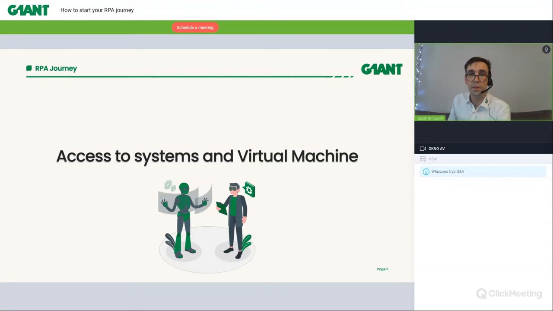So it's actually very safe, because once the robot is installed in your environment, it doesn't matter if it's a virtual machine or your computer, we don't have remote access to it to control it or to check it. It's completely done in your environment, so it's very safe. We have a lot of examples of our robots being used in financial organizations, which are very security aware. But access to the systems and an environment to set up the robot is another thing which we need to create our automation.